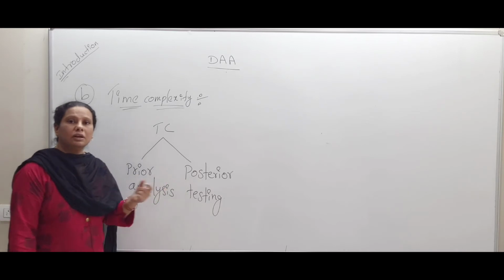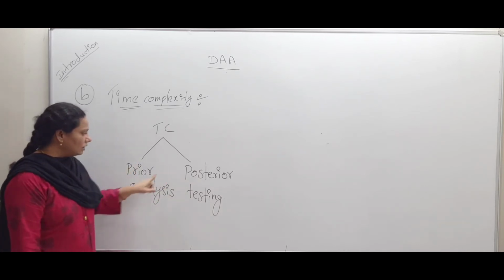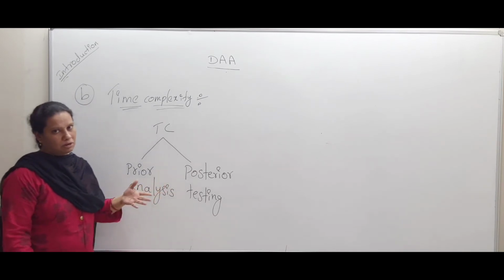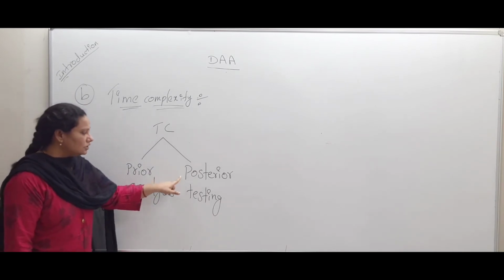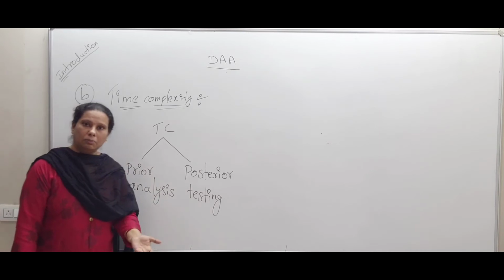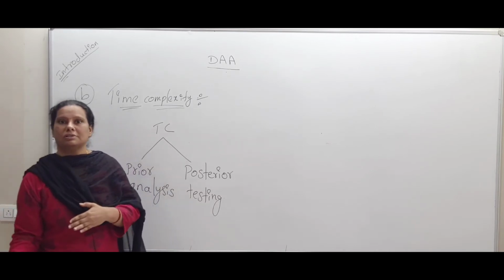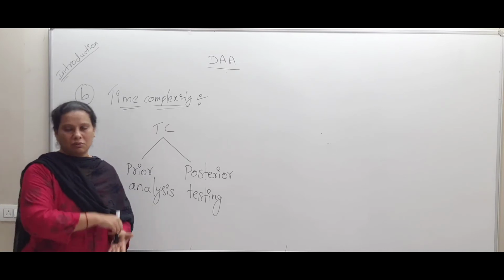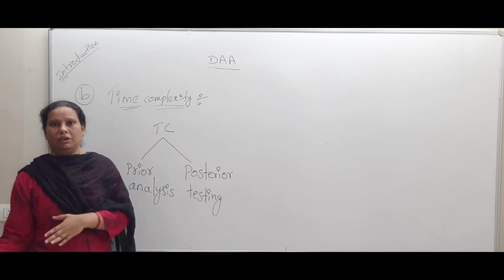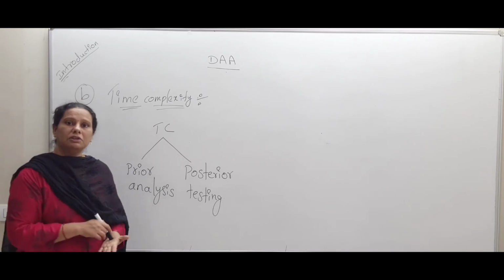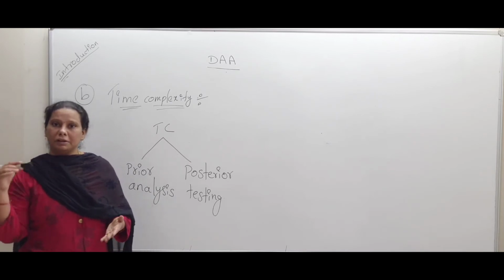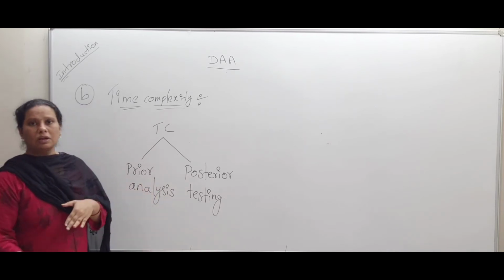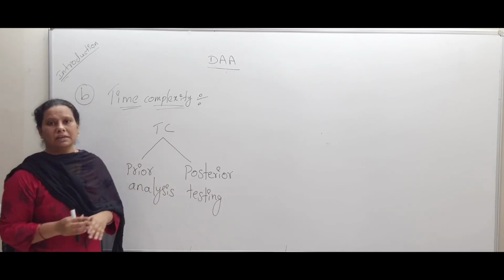Okay, so it is not compulsory that always your prior analysis is equal to the posterior testing, क्योंकि इधर तो हम लोग रफ एस्टिमेशन करते हैं. इधर जाने के बाद not only on the program, it depends on the machine also. Okay, what is the fastness of your machine, what is the processor you are using, what is the memory you are using, what are the variables you are using, what programming language you are using, इन सब के ऊपर डिपेंड होता है पोस्टीरियर टेस्टिंग. प्रायर एनालिसिस क्या है, जस्ट हम लोग एल्गोरिथम को लेके थोड़ा एस्टिमेट कर देंगे कि अगर